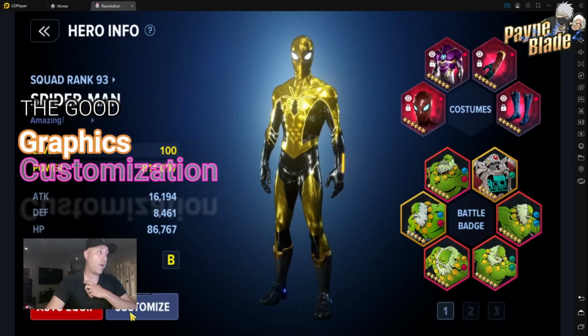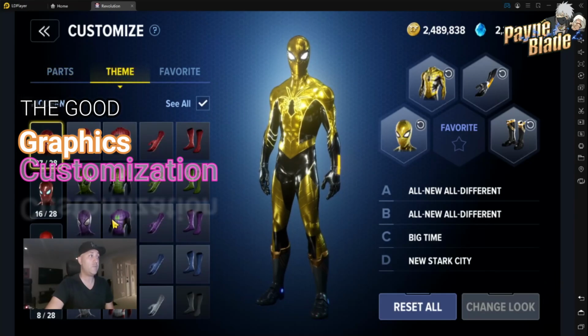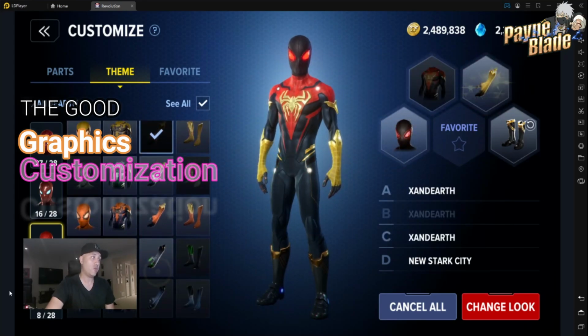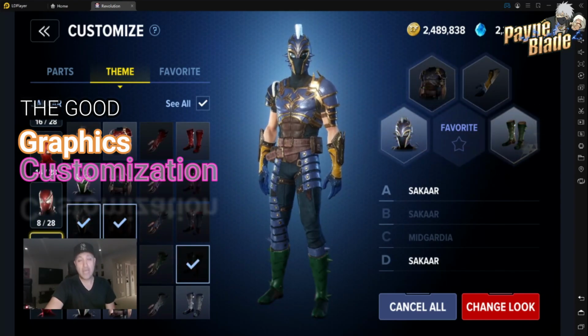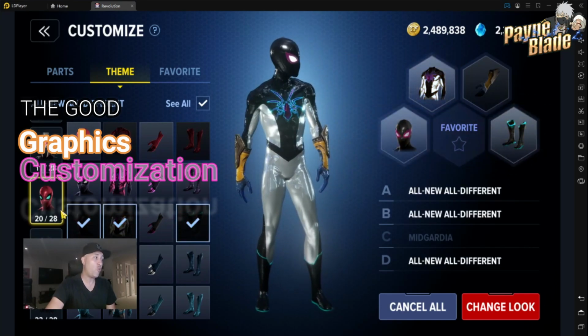Like the amount of costumes that are available to characters, there are 15 different sets with themes, and I mean, you can dress your Spider-Man up any freaking way you want. You can mix and match costumes. You can go through different eras, different types of Spider-Man from different regions. It's just amazing, and no pun intended using Spider-Man when I say that,